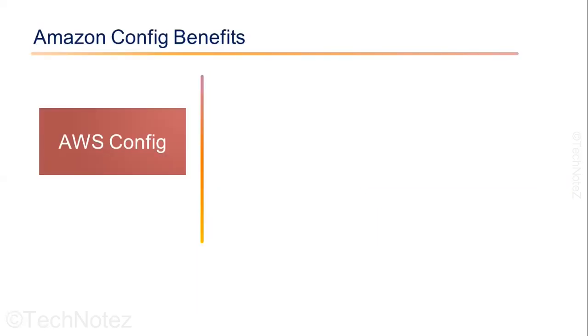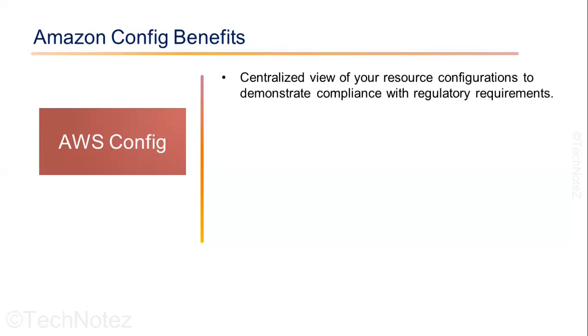AWS Config makes it easier to track your resource configuration without the need for upfront investment, and avoids the complexity of installing and updating agents for data collection or maintaining large databases. AWS Config provides a range of features, such as simplified compliance auditing. AWS Config provides a centralized view of your resource configurations, making it easier to demonstrate compliance for the regulatory